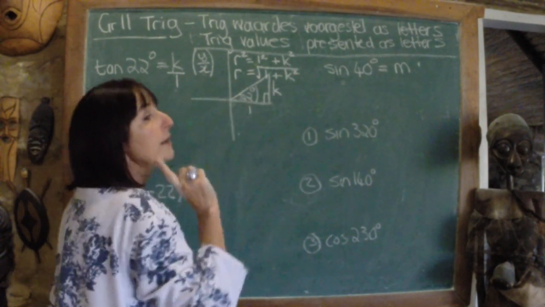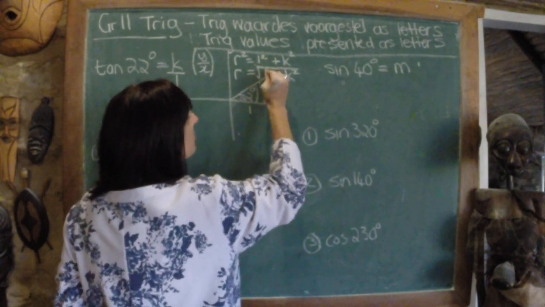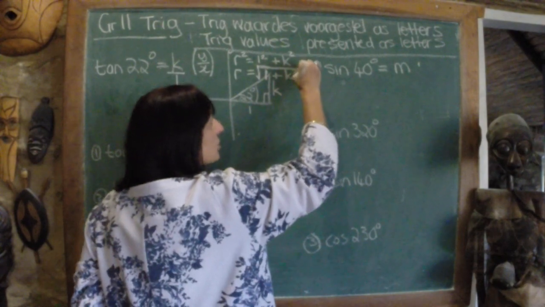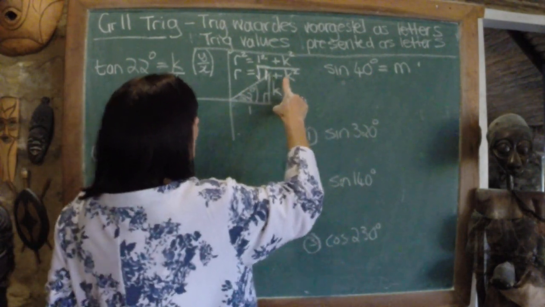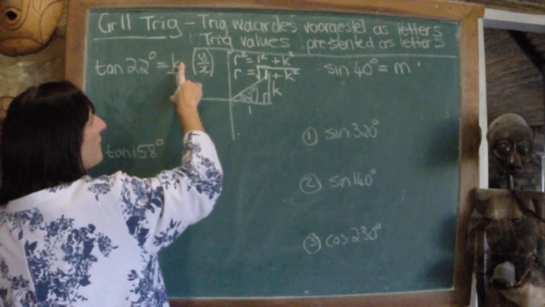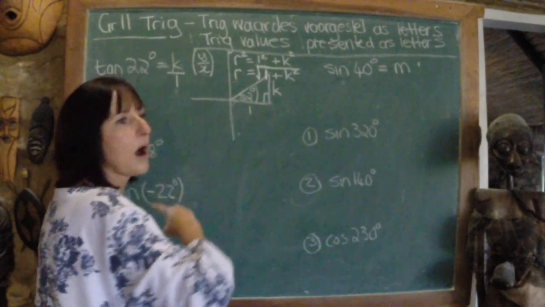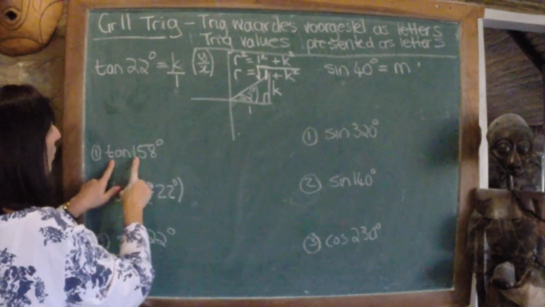R kan nooit negatief wees nie, want dis 'n lengte van 'n radius. So my antwoord is, en maak doodseker die wortelteken is oor die hele storie, otherwise it's wrong. Wortel 1 plus k kwadraat. Now I've got my y value, I've got my x value, and I've got my r value. Alles wat ek nodig het. Kom ons gaan kyk gou-gou. Die tan van